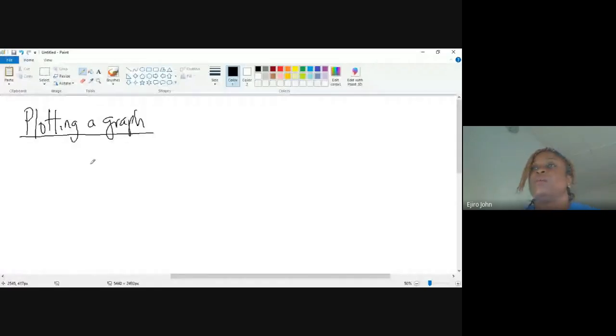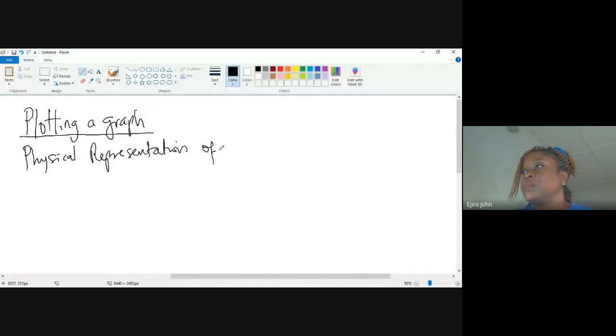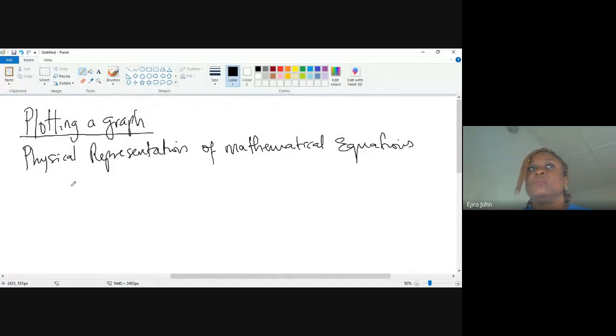Okay. So now a graph is a physical representation of mathematical expressions, equations rather. So if you have an equation, whether it's a linear equation,